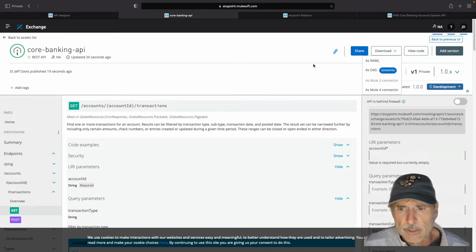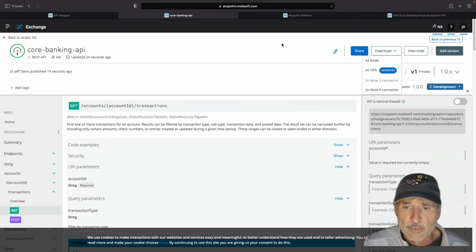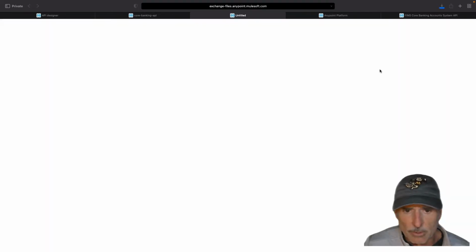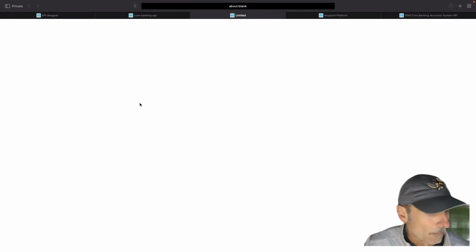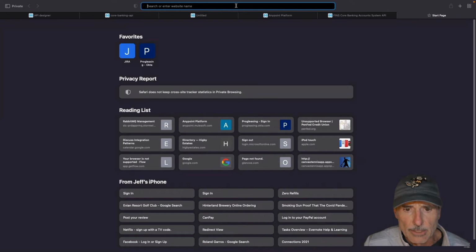One thing you can do at this point is, if for instance your developers are more accustomed to using OpenAPI or Swagger, you can export that, and it should be in a much more suitable position to export than what we had originally. So if we go into, for instance, the Swagger editor,